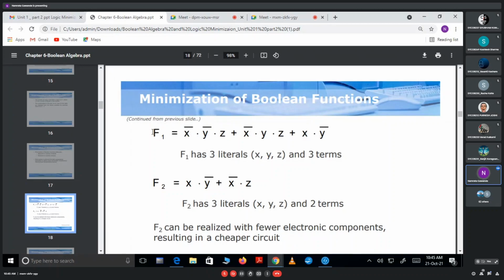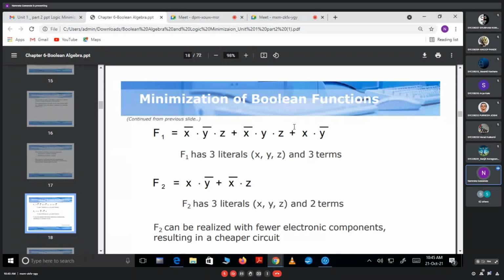See this expression. This is the Boolean function f1. This is just a name of that function, equal to what is given? X bar dot y bar dot z plus x bar dot y dot z. Okay, students, can you tell me what is the meaning of dot? AND operator. Dot means product, right? You have to always remember this: product. What is meant by plus? Addition. OR operator means addition, right? You have to always remember dot and plus.